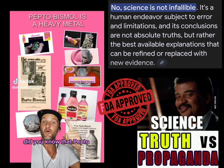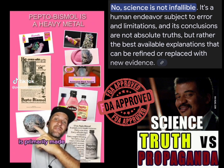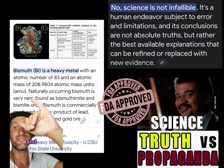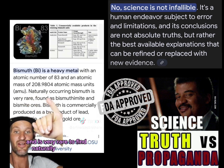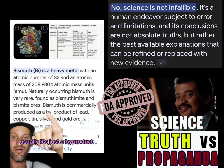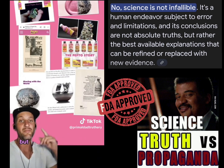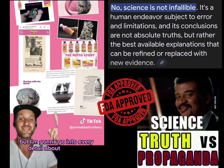Did you know that Pepto Bismol is primarily made of a heavy metal, which just so happens to be one of the heaviest metals and is very rare to find naturally occurring? Usually it's just a byproduct of lead and all these other metals. This is going to be a long video, but I'm going to go into every detail about this toxin they've